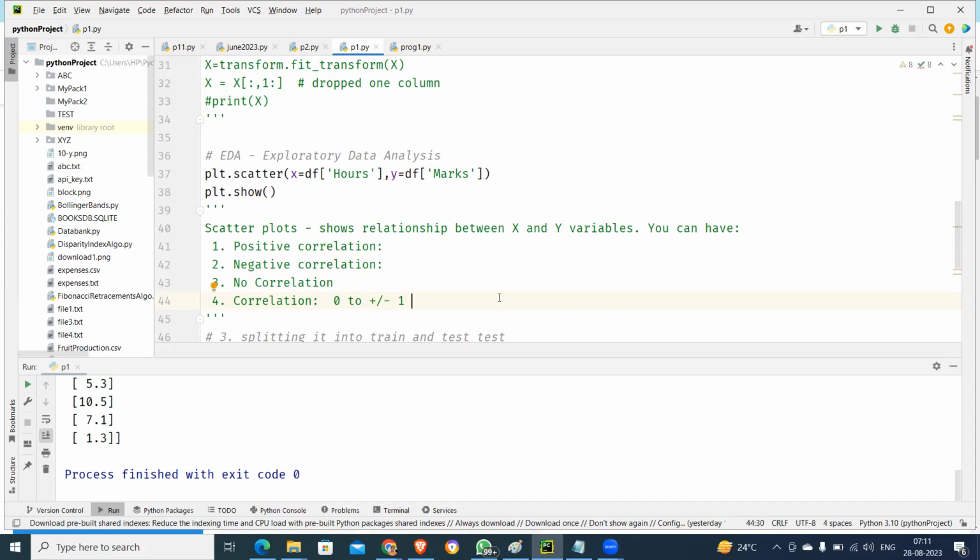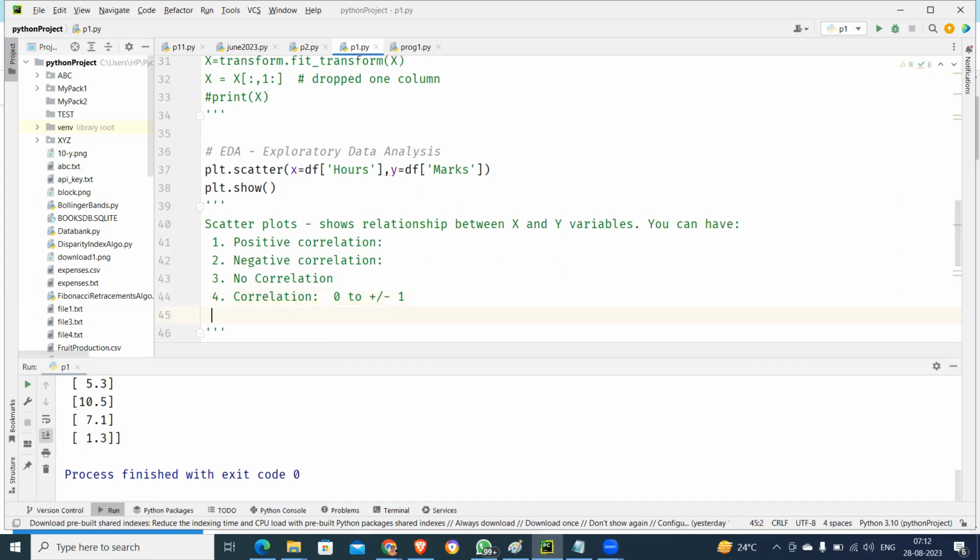This tells you how much the correlation is. Generally, 0 indicates no correlation. And it is very difficult for there to be no correlation at all. So in our analysis, what we say is, if the correlation value is between 0 and plus or minus